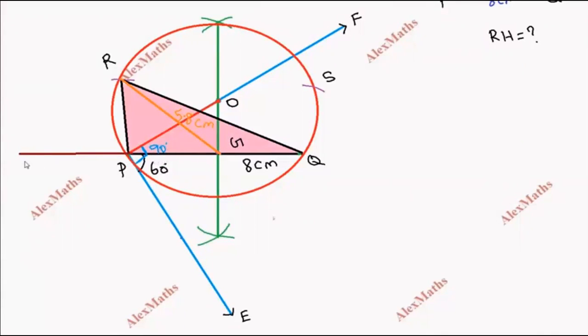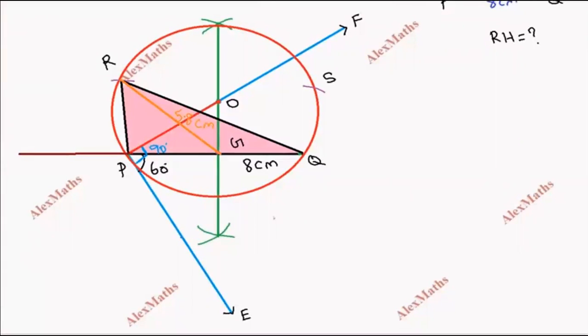arcs with R as center. See, R as center, cut arcs like this. Then you can take the radius more than half of these two arcs, no? With this point as center, draw an arc, and with this point as center, another arc. Okay, this point. So now we got this one, that is the altitude.